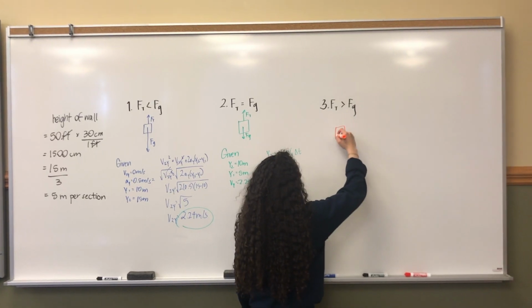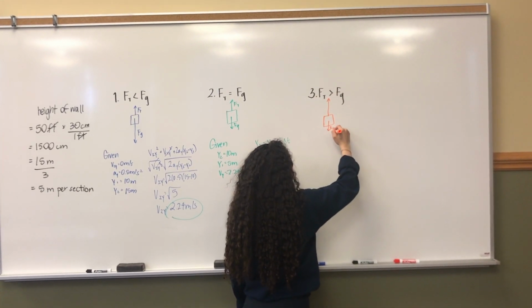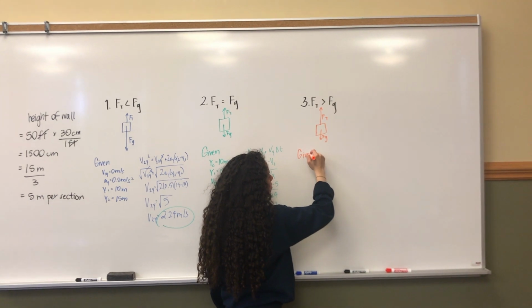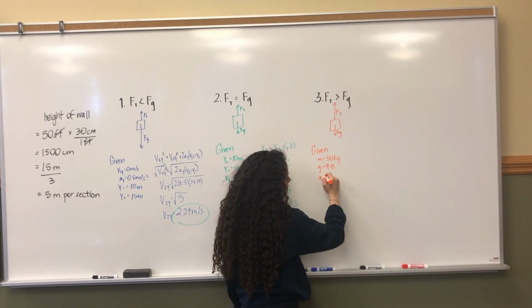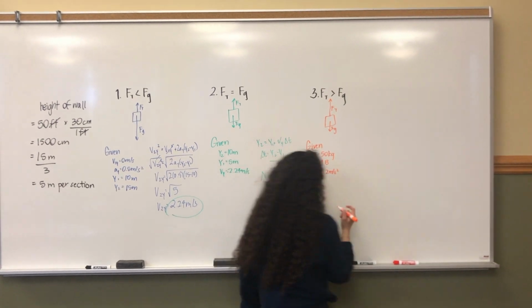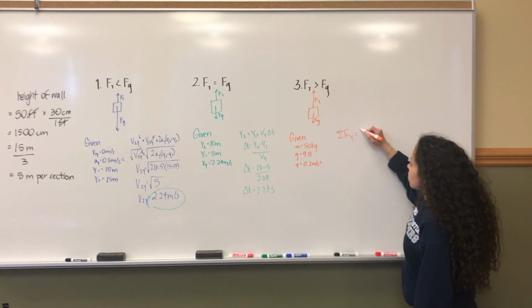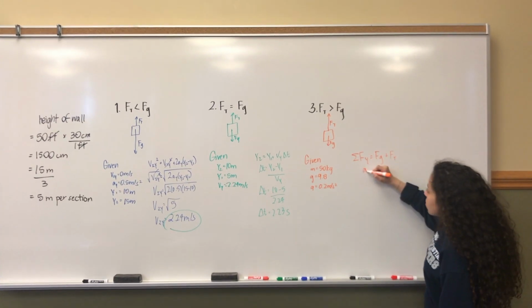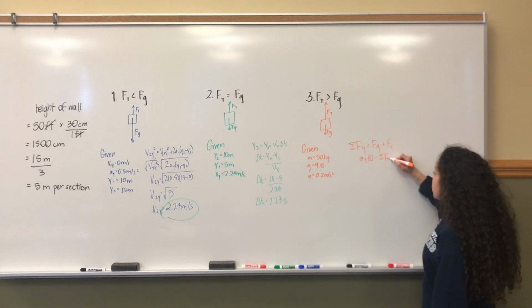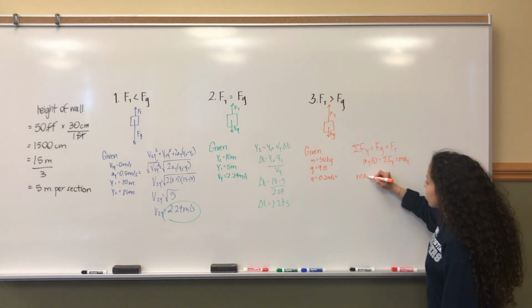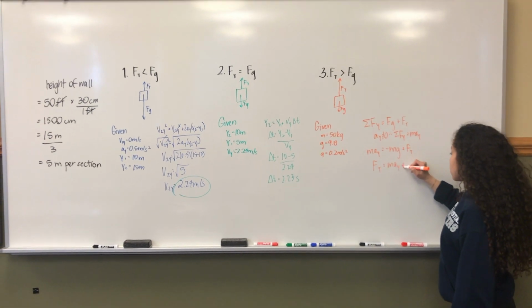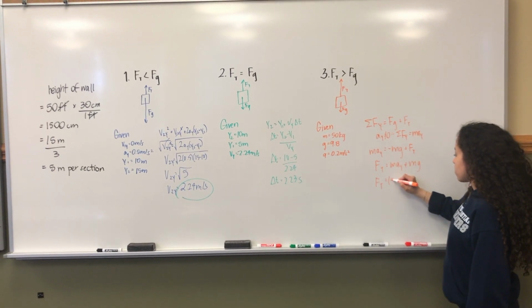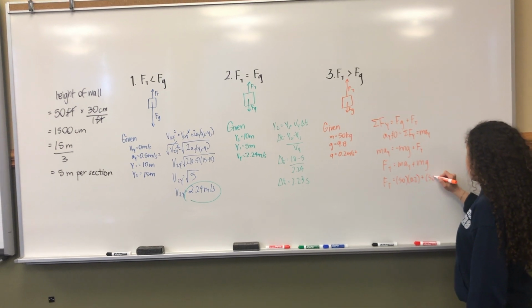Now for the third situation, the tension force is larger than the force of gravity, giving an upwards acceleration, slowing down the climber at the end of their climb. We can assume that their acceleration is 0.2 meters per second squared. Now to find the magnitude of the tension force, we must first find the sum of the forces in the y direction and set it equal to may because there is an acceleration. After isolating for Ft and plugging in all the values that we know, we can come to a final answer